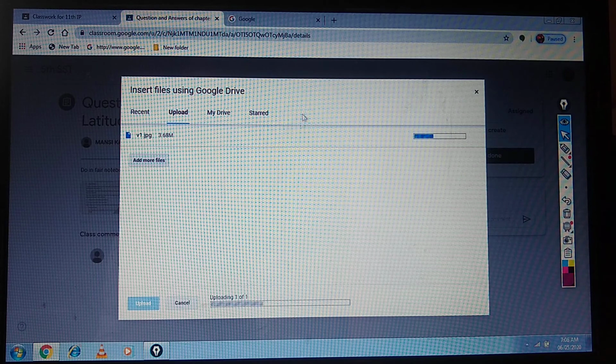So once this has been uploaded, the teachers can see the task, whether the student has done it or not, whether it is correct or not. So once this is done, the teacher will know that the student has done it, and then they can assign the student particular marks according to the marks allotted by the teacher.